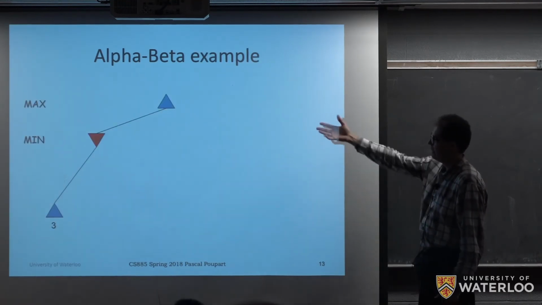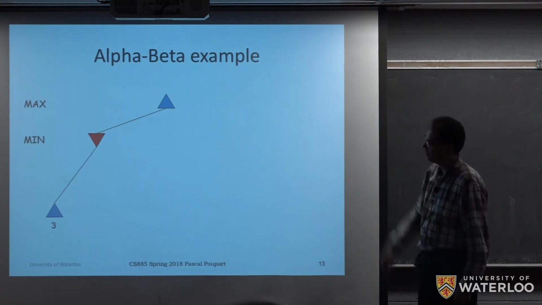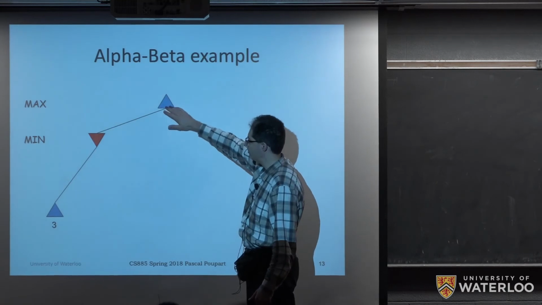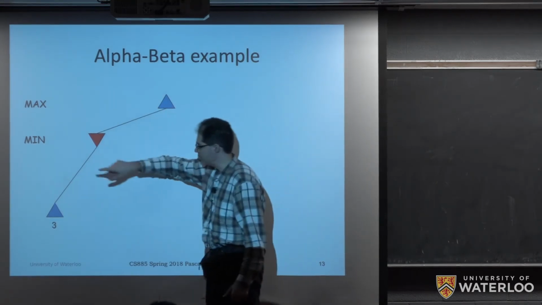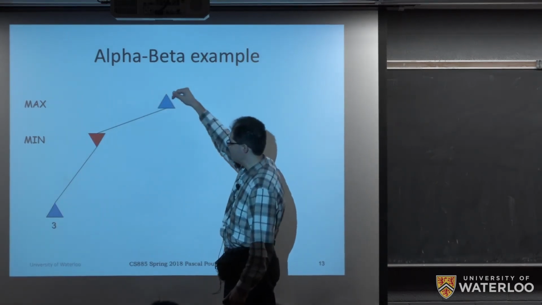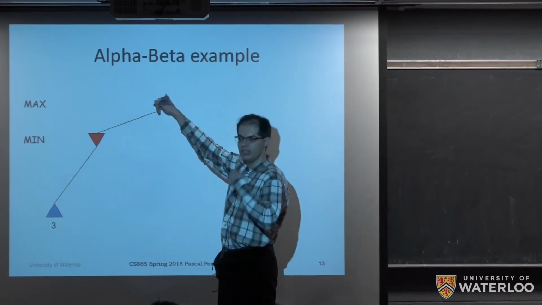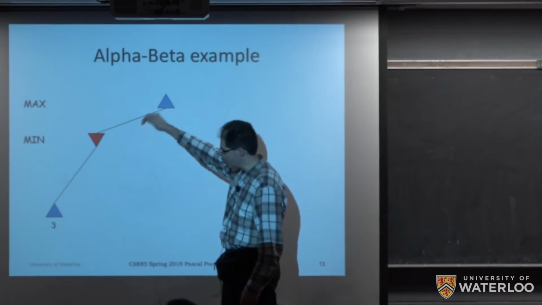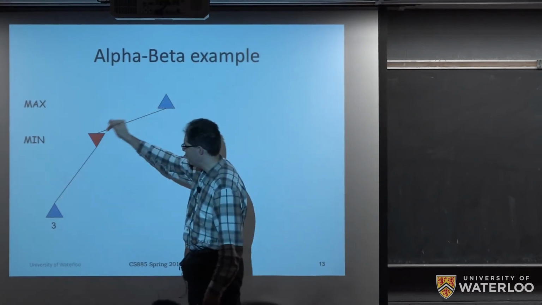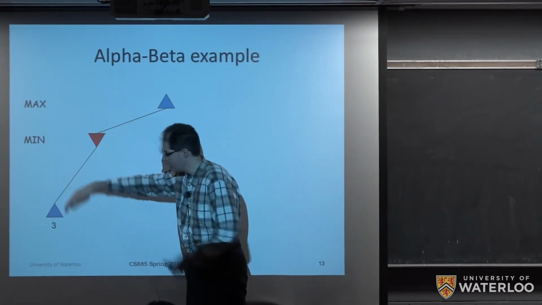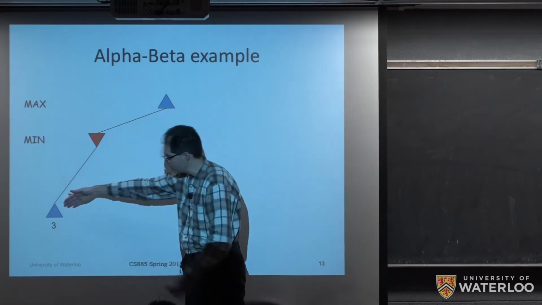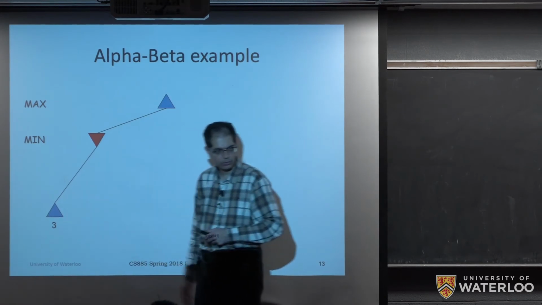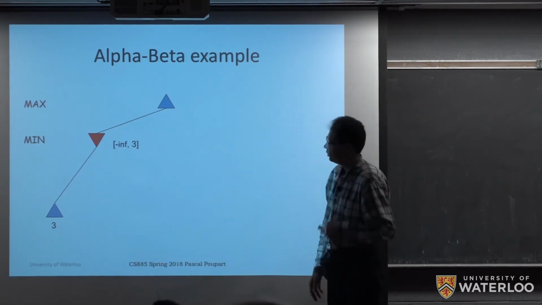Okay, so let me illustrate how the algorithm works. Here I'm going to note max in blue and min in red. Let's say that we start executing the Minimax search tree. We're searching the Minimax search tree in a depth first search, so I'm just going and first simulating one sequence of moves. And then let's say it ends up where we can earn a value of 3. Okay, so at that point,